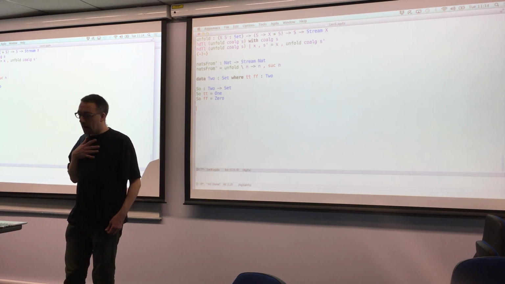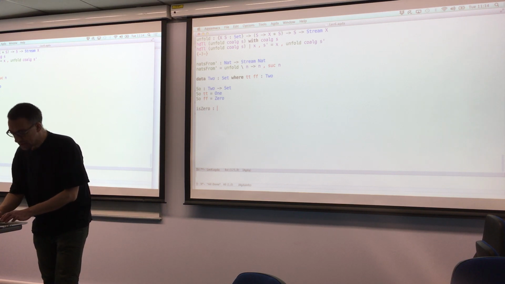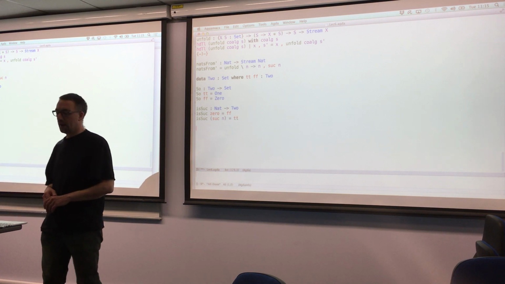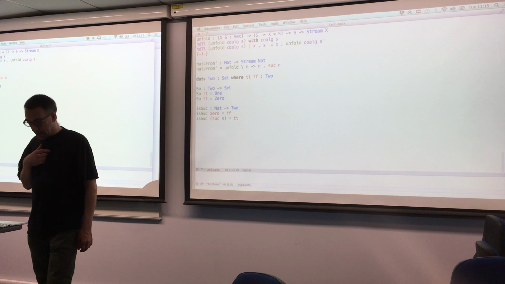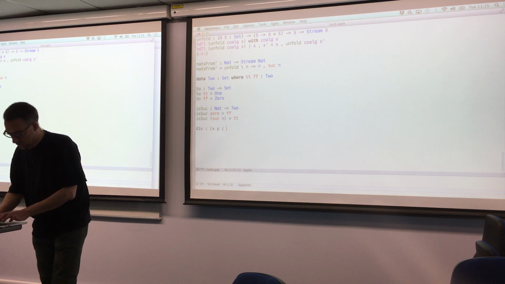So there are various things we can do now. One thing we can do is maybe define is 0 from that to 2. So we can define some boolean test. Actually, maybe I want is suck. Let's have is suck. Often more useful. So that's going to be false, and that's going to be true. And then I can say, I don't know, maybe I need to say something like, if I was going to write divide for all x and y in that, I'm not actually going to write divide, but the sort of thing you can do